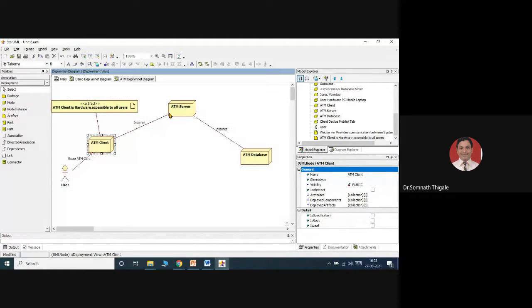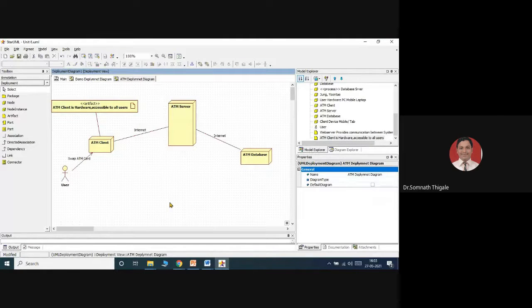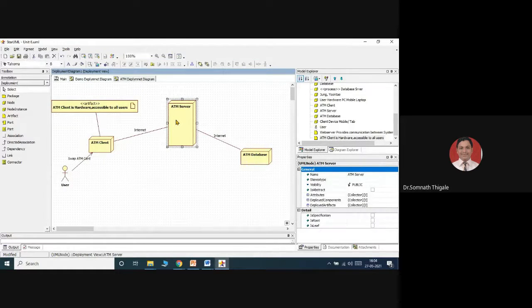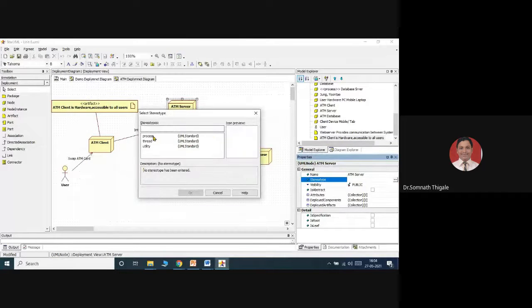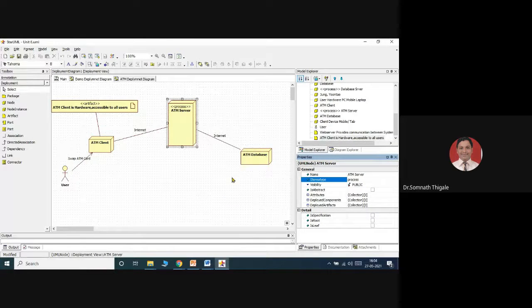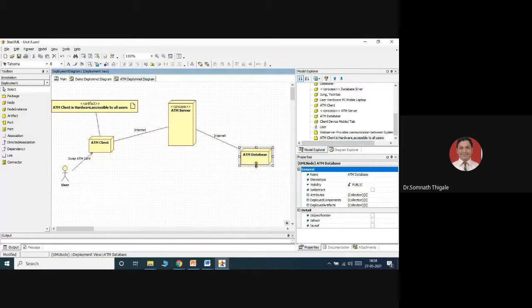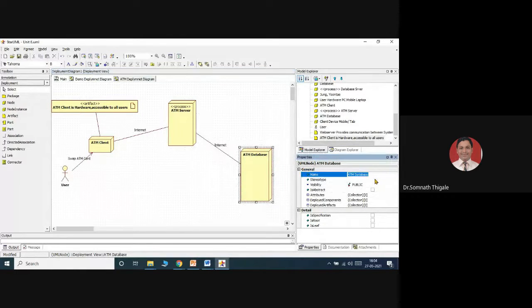And if the internet connection is available, the ATM server will be able to provide additional information. This will be a part of a stereotype, performing some processing, so these are processor nodes. The ATM database is also a type of processor node.